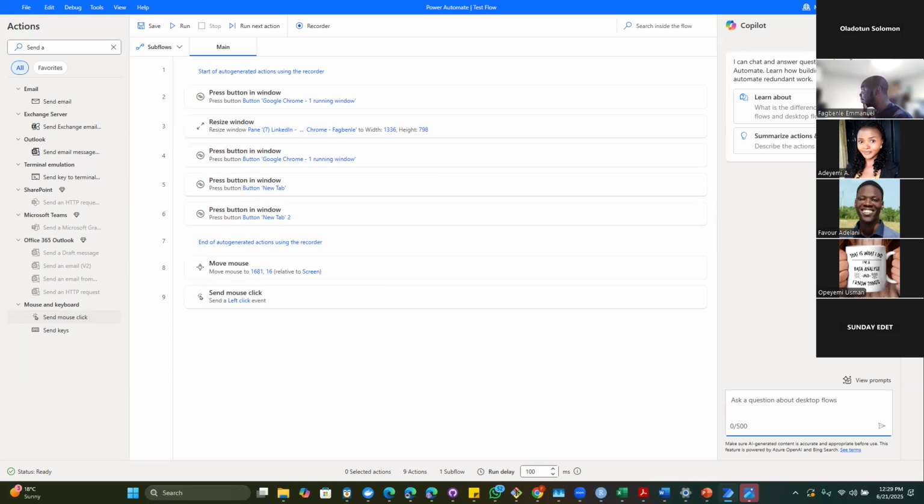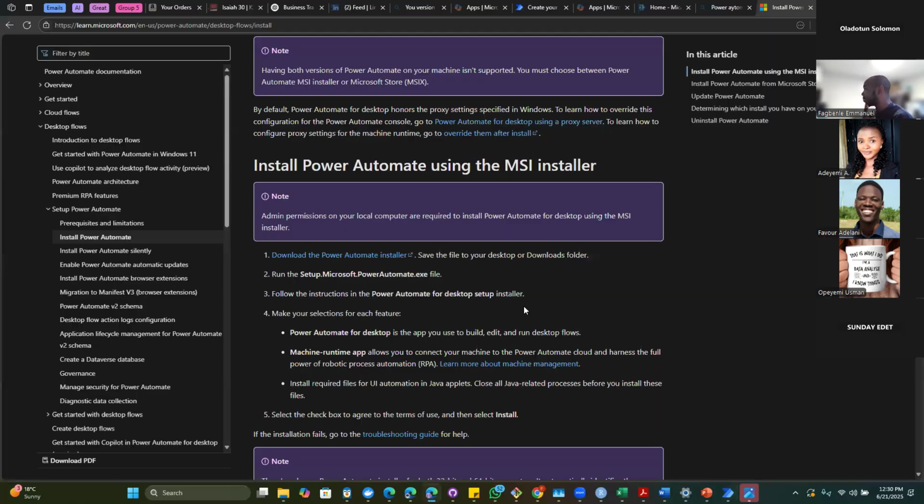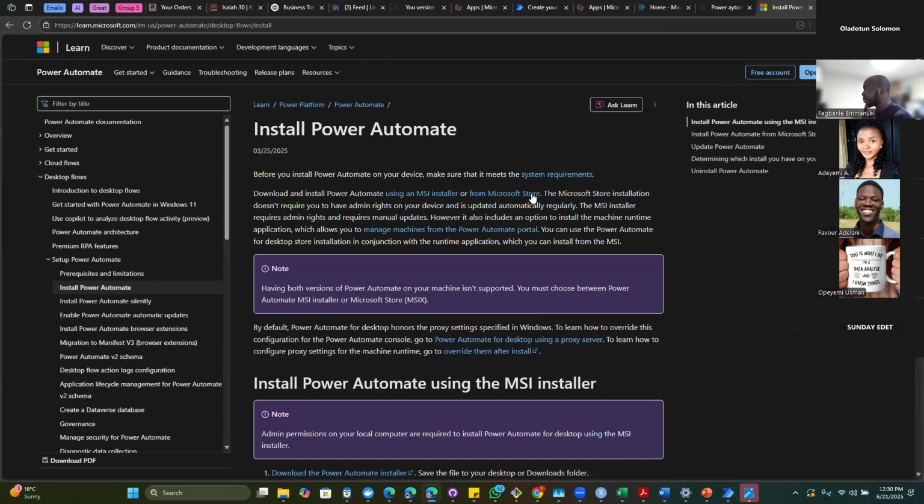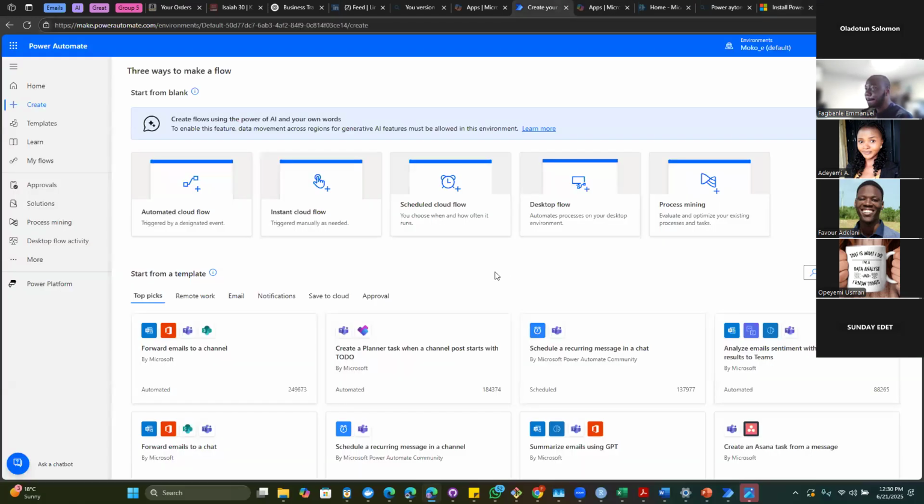What I have learned so far is that the desktop recorder helps us to perform the actions we want to automate. Like maybe we want to open a file, we want it to type a particular